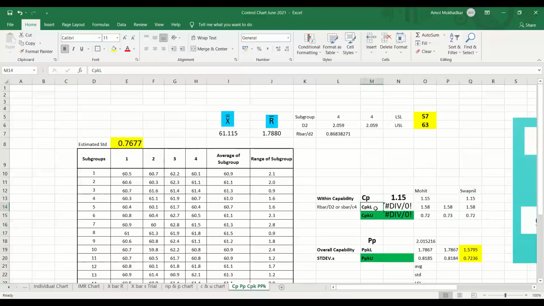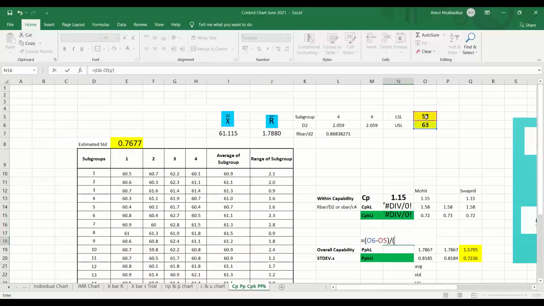Now let us calculate the PP first. PP is again USL minus LSL divided by 6 times the standard deviation, but the standard deviation is the estimated one, that is 0.7677. I will take that value directly, so you got a PP of 1.30.